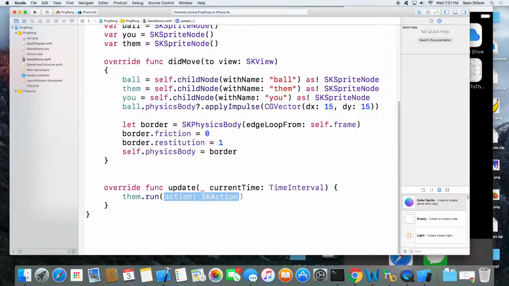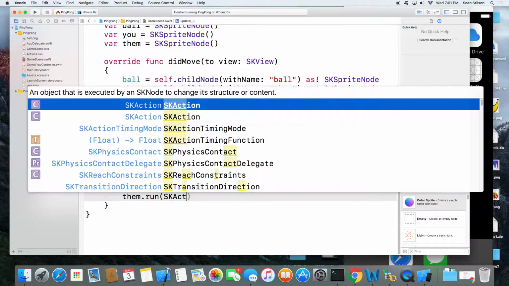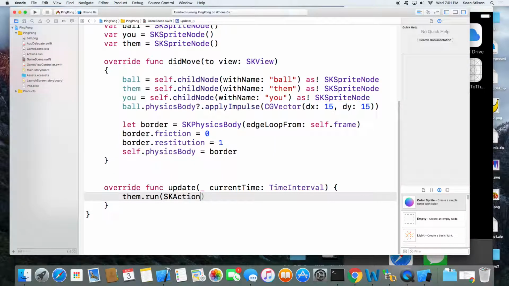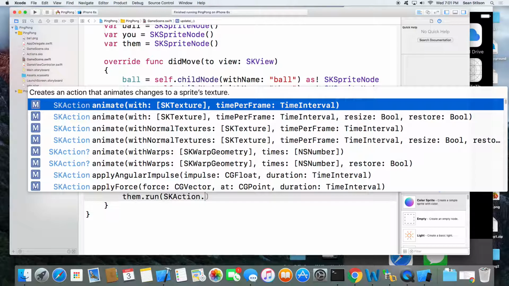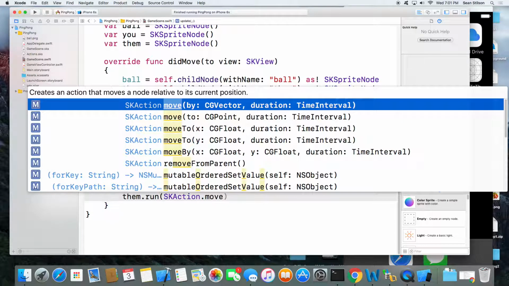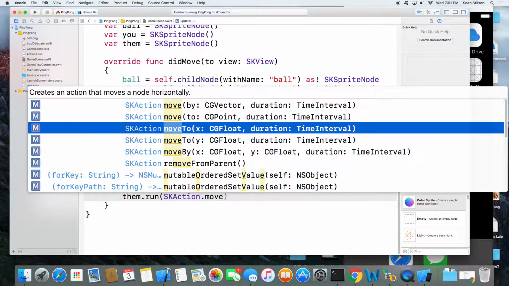And the action that's going to run is a static SKAction.move(to:), and that is fine. The parameters are x and duration. That's all we really need because we're just going to move back and forth in the x.